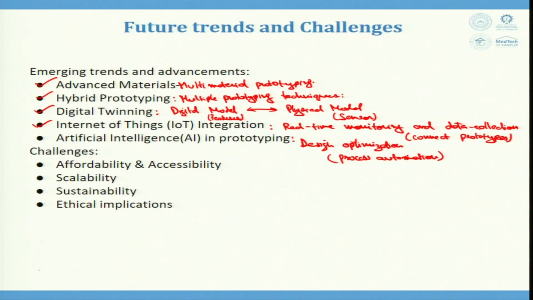Certain challenges are affordability and accessibility, scalability of the prototype in the size and the shape that we require, sustainability, that is minimizing the energy in that, then ethical implications, that is data privacy, intellectual property, and potential social implications of rapid manufacturing, which are to be taken care of properly. So, these are the few challenges in rapid prototyping, but still rapid prototyping techniques are quite helpful,